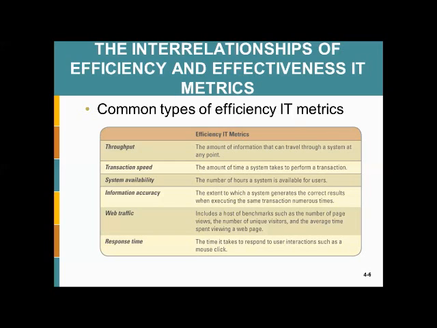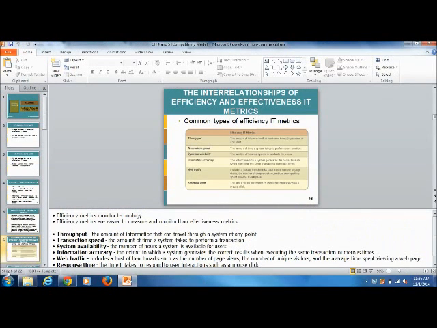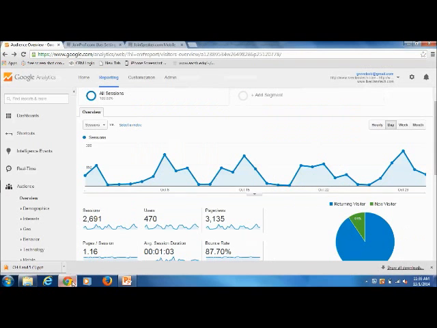These are examples. What I want to do now is jump out of this, and look at some of these measures from a real example here. So I'm going to open a browser, and I've got a couple of things open here. The first site I have open is a Google Analytics page, and this is for a site we have called Live Class Tech. This is an audience response system that runs on a web server.